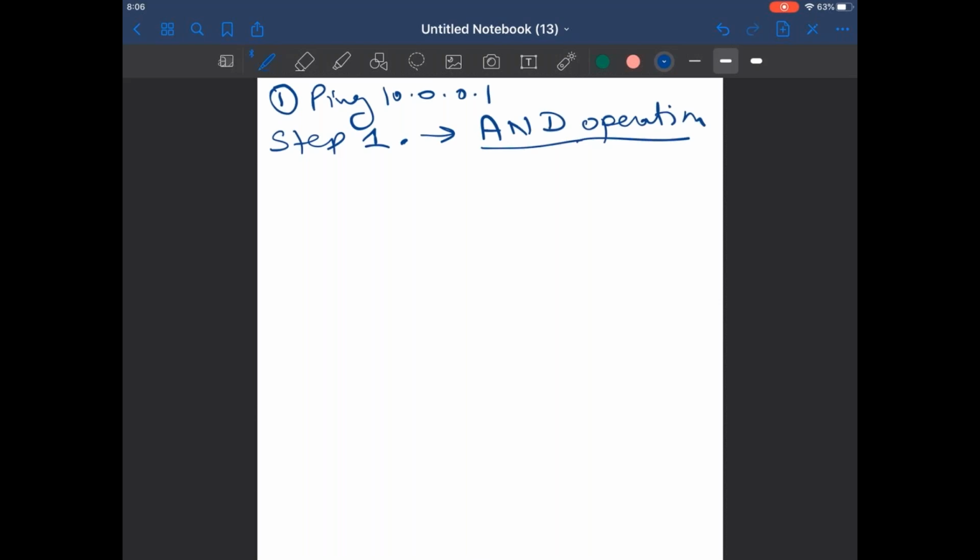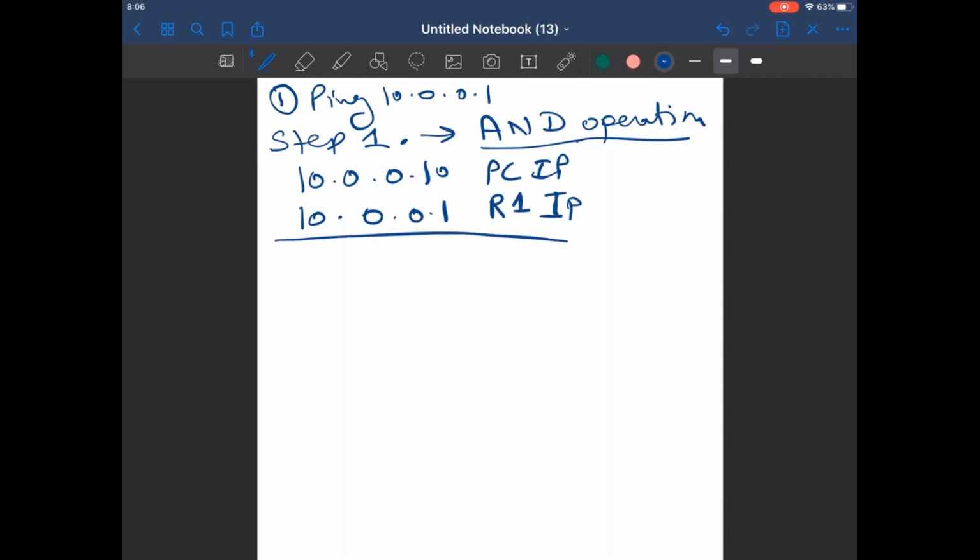AND operation means comparison. 10.0.0.10 is the PC IP address, and this is the R1 IP address. It will compare PC IP and gateway IP, do the AND operation, and check whether it is in my network or not.